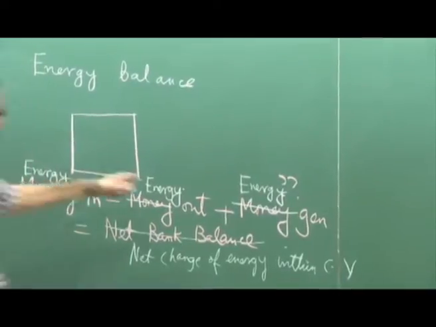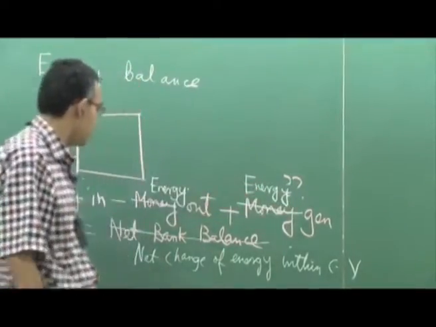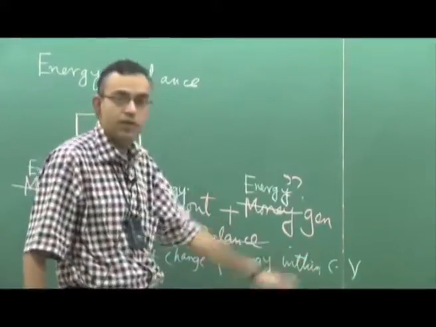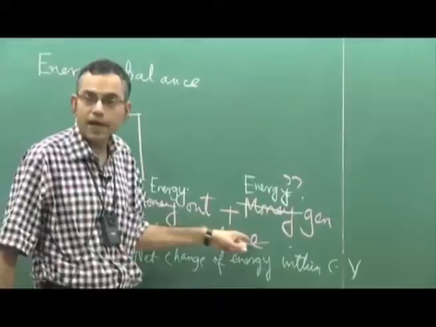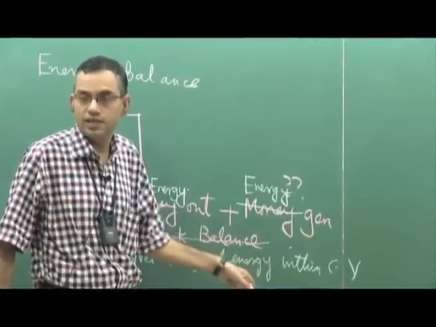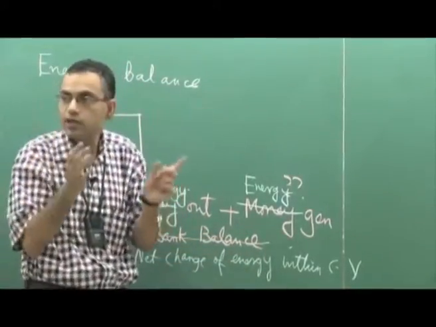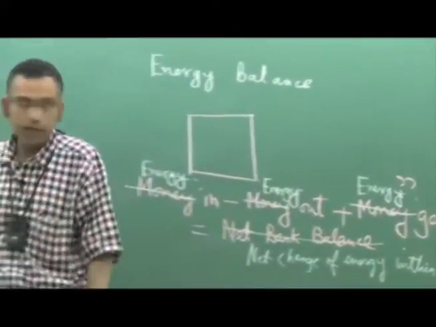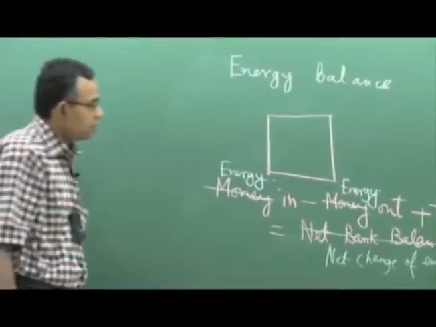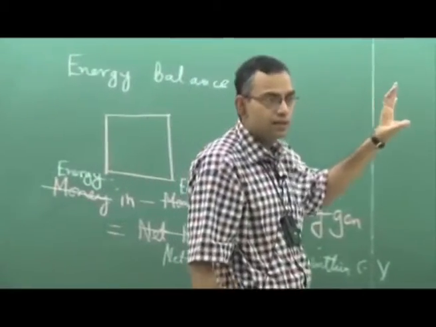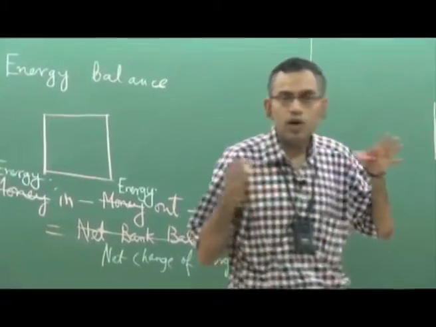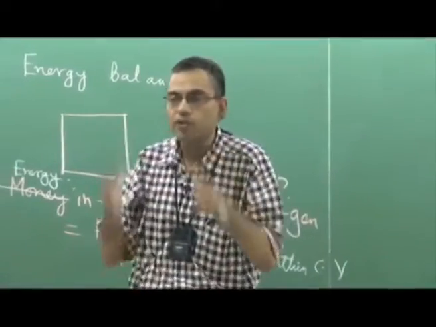So, energy in minus energy out plus energy generated is the net change of energy within the control volume. It is just like the net change of money within a bank account, except instead of money it is energy. The bank account is similar to a control volume, okay. Now, because in heat transfer all things are more or less expressed in terms of a rate process,